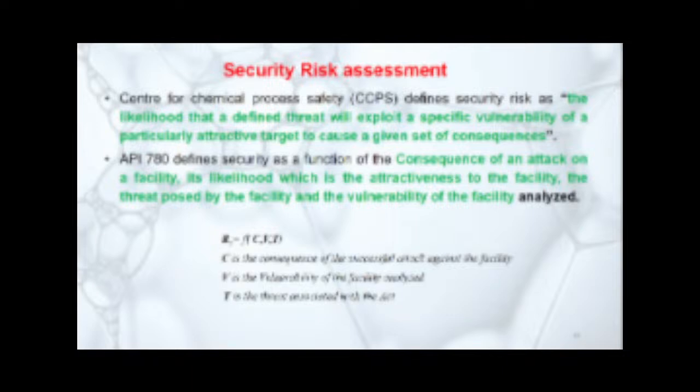There is a CCPS and API 780. I will show you these SVA techniques, which we call security vulnerability assessment techniques. So they have their own ways of looking at a problem, and API, which is